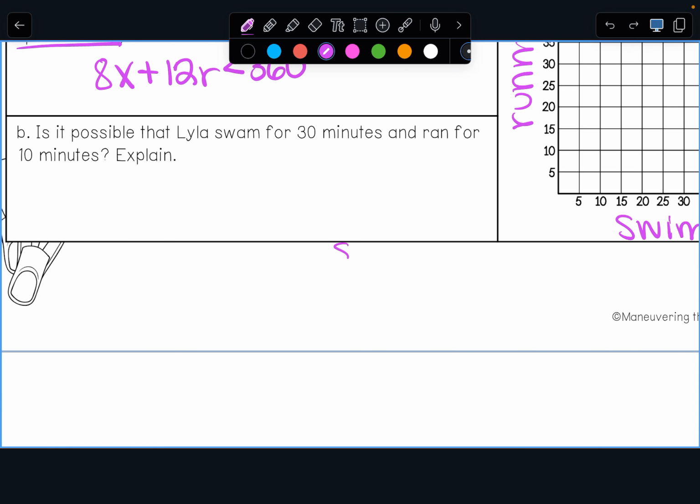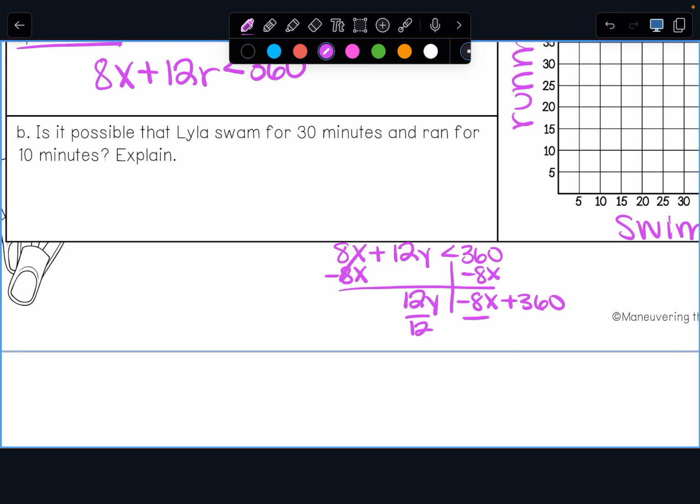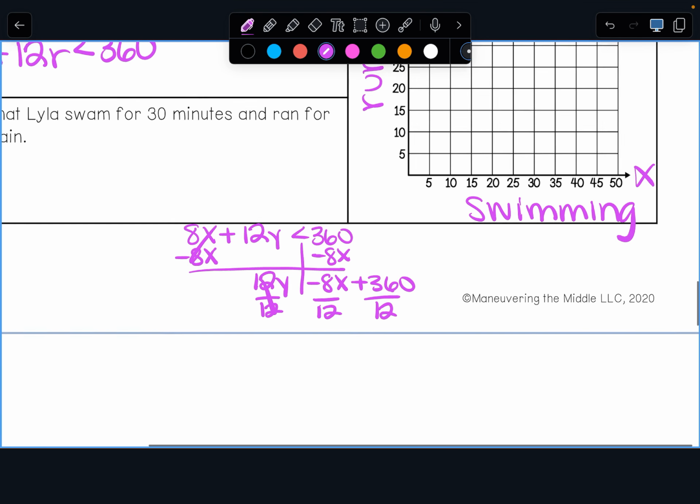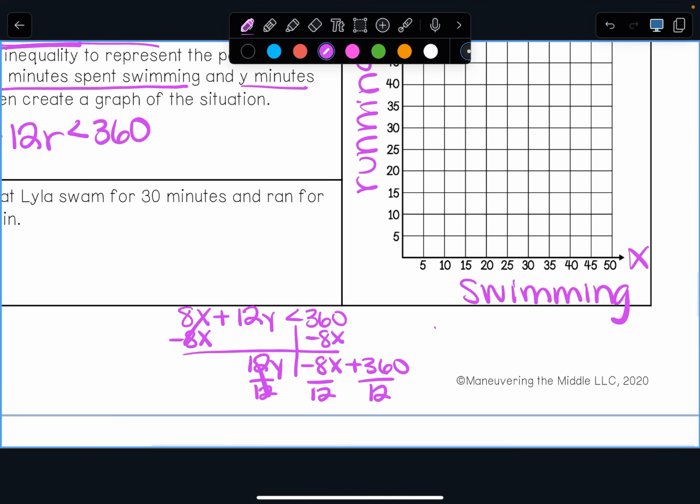Hopefully that's enough space. 8x plus 12y is less than 360. All right, first step is to move x over by subtracting. Okay, and then you do what? Divide. And we're dividing by a positive number, so does the inequality flip? No. You get y is less than what? Negative